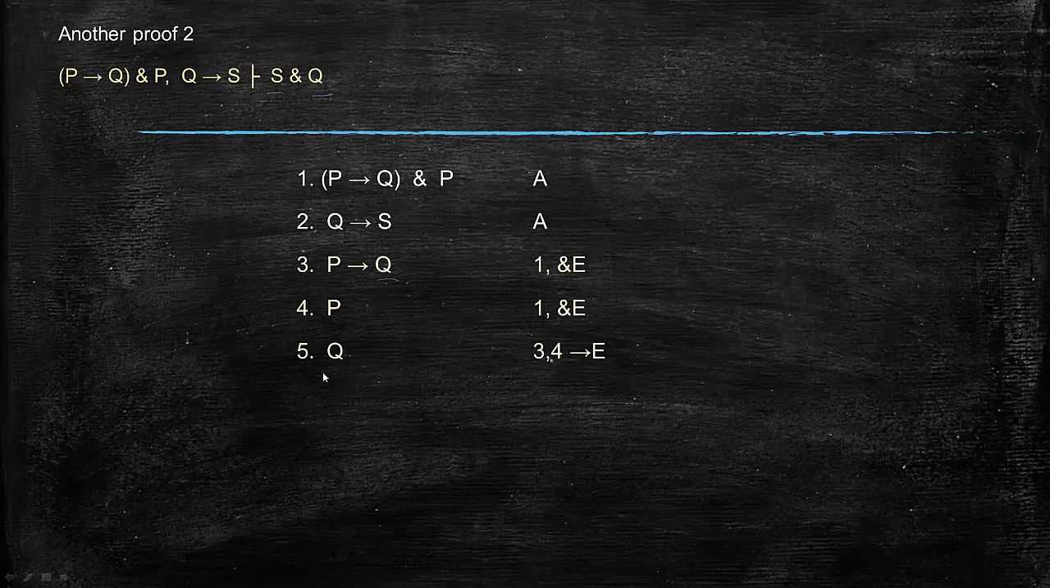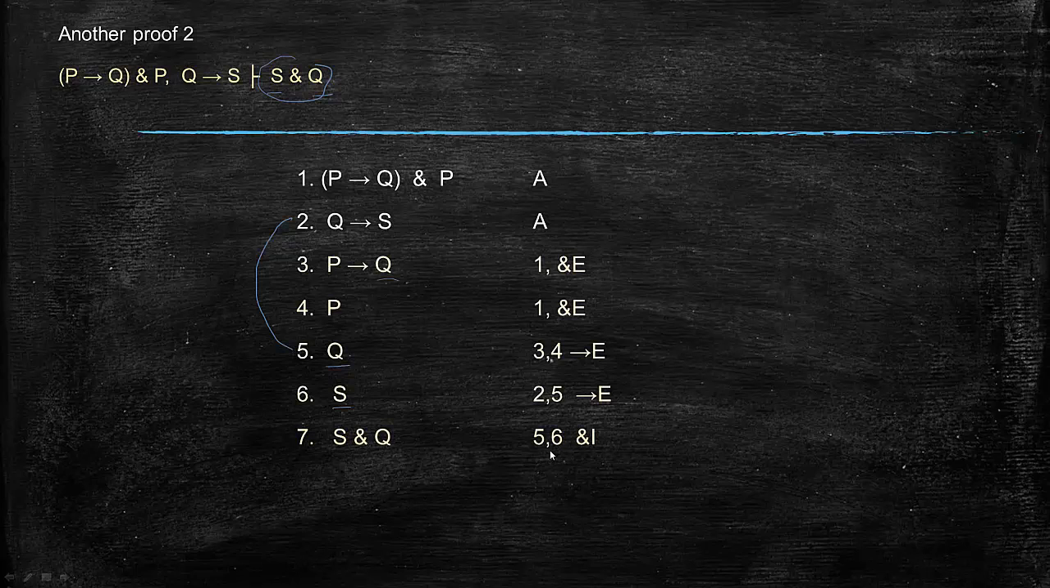Well, excellent. Now I have Q, and that's what I wanted. I wanted Q, but I don't have S. But now look, I can get S, again, through another iteration of conditional elimination. So now it's 2, 5 conditional elimination, and I get S, right? So now I've got Q on a line, and I've got S on a line, and I remember what I want is S and Q, but now I can write that by